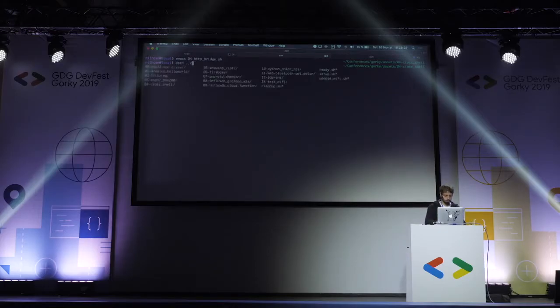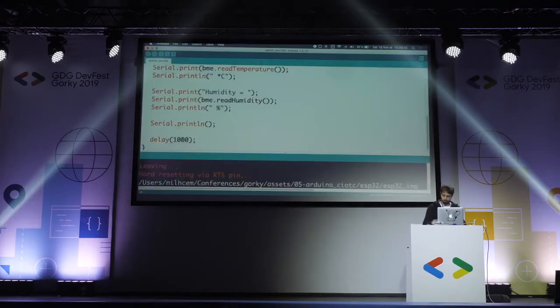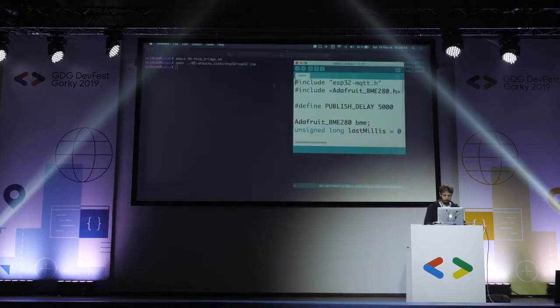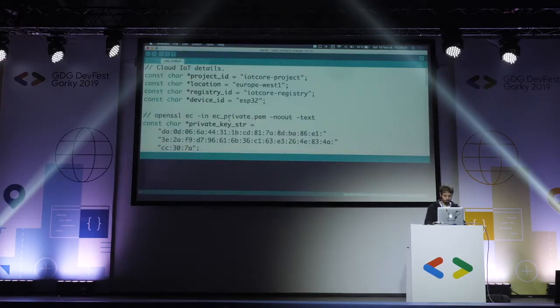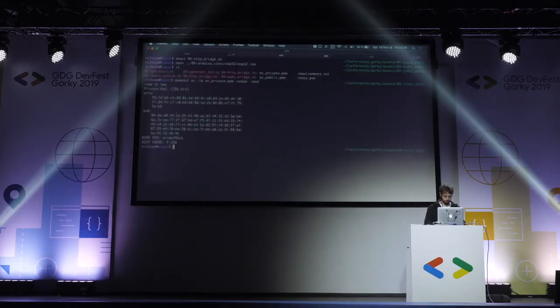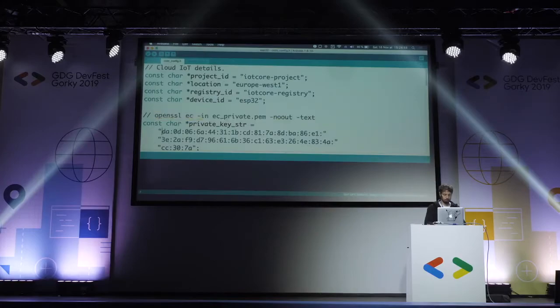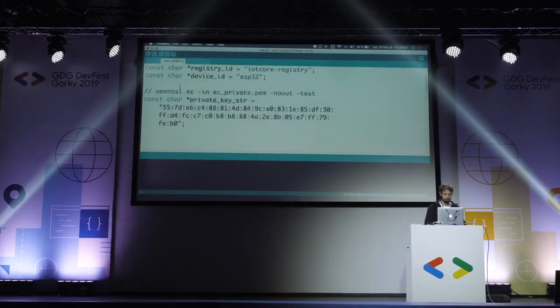Okay, so I will just open my project. I specify my private key to my microcontroller unit. I give my microcontroller my private key, so it will be able to generate a JSON Web Token. And then I will try to upload it. And I will tell you now how I did it and how you can send data to the Google Cloud Platform from a microcontroller unit.